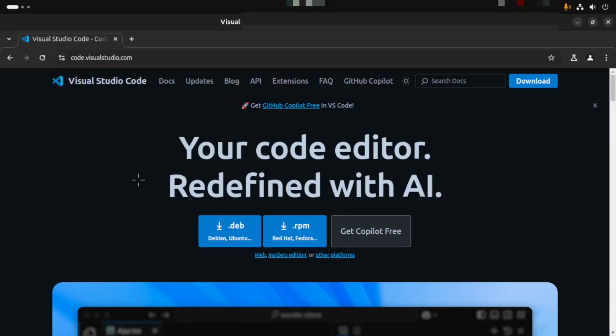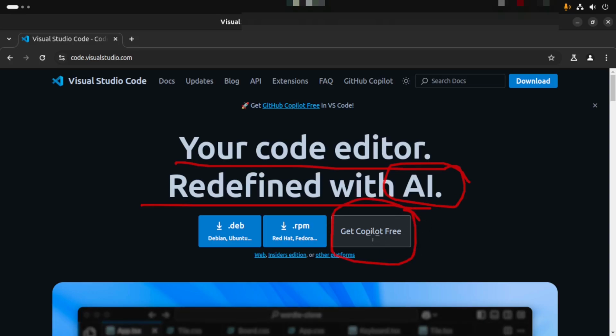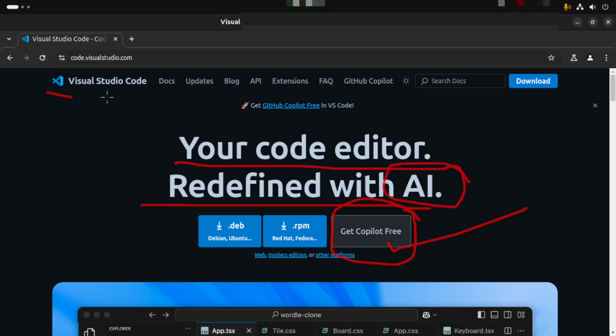Here you can see the most important thing, your code editor redefined with AI. Nowadays, AI is in high tide. Earlier, I have made an episode on GitHub Copilot. So here you can see now the GitHub Copilot is coming along with the Visual Studio Code installation. That means you don't have to pay any charge for the Copilot to be used along with the Visual Studio